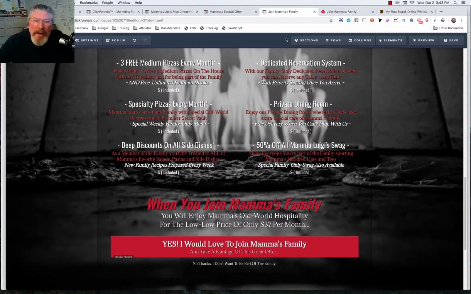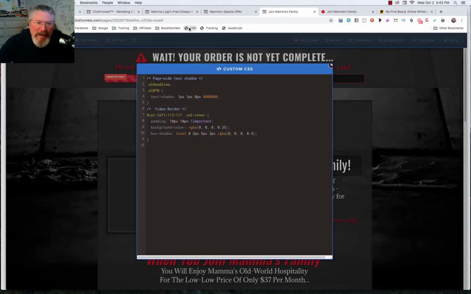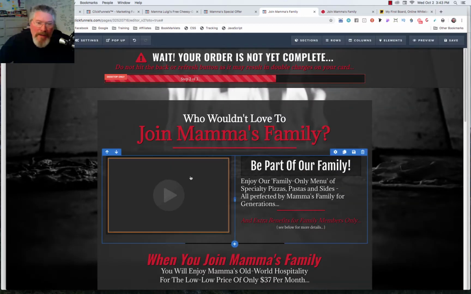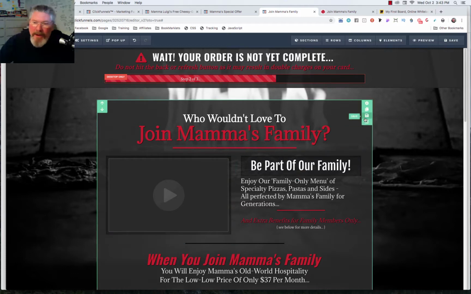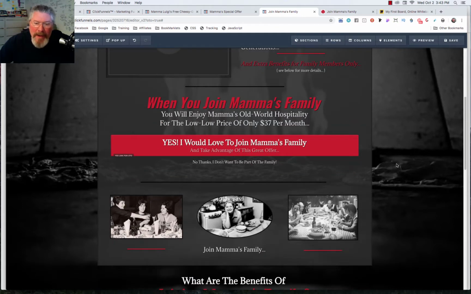So let's go back and click on the page itself. We're going to come up to the top, and I'll just show you right now the CSS. There's virtually nothing in here. We had the text shadow that we did in the last one for the headline and the button. And then we had the border that we put around the video. So that's all there. These boxes, everything else, I used exactly the same techniques as I did on the last video. So this is going to be pretty quick and easy,